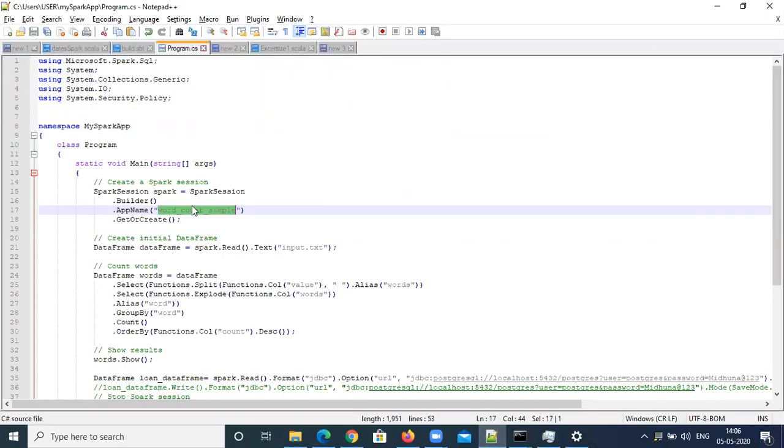What we are trying to do is create a Spark session. More or less it's the same, syntax wise, and we are reading the data from input text and then counting it based on some existing functions. We are just grouping it and then counting, and finally with word.show we are printing. So, a simple application. But if you see the class and namespace, it's .NET standard, so we have to include those. Earlier we worked with Scala and Python, where we used to include a def main method in order to start the execution. Same way, we have to include this namespace and class here in .NET.